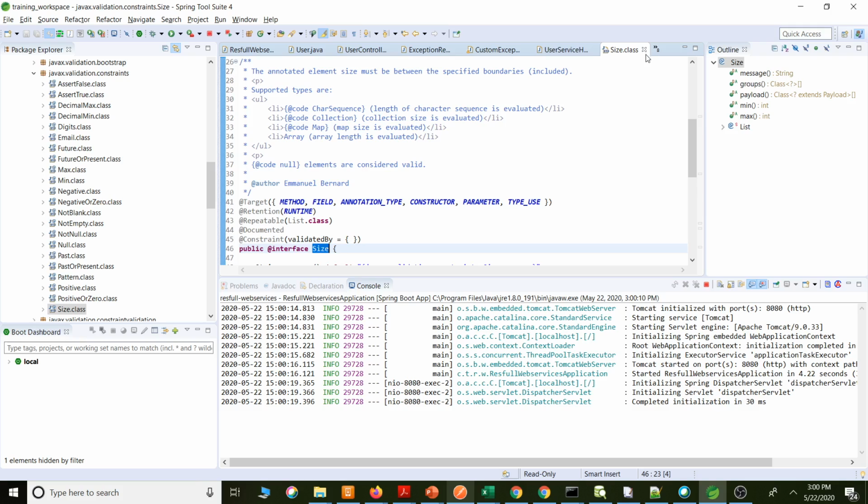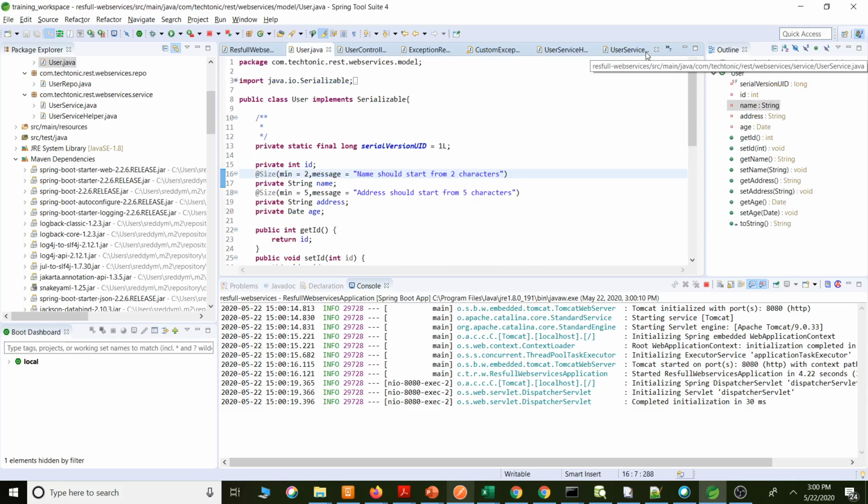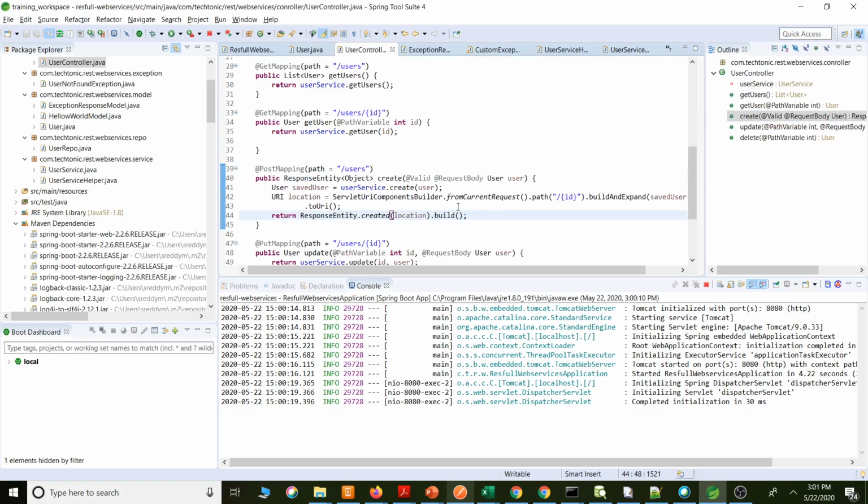All the validations are present in the javax.validation library. And what we have done is specify the minimum size and the message. After that, we have specified @Valid. If it is valid, then only go inside, otherwise it will not go.